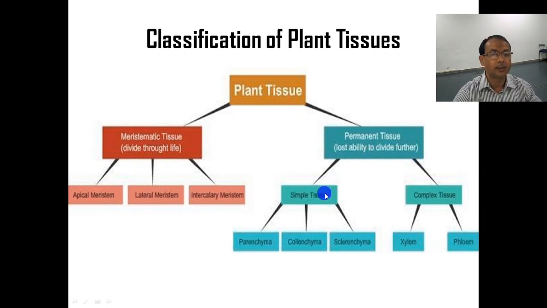On the other hand, permanent tissues, which have lost the ability to divide further, have got some assigned functions. They are of two main types: simple tissues, which are made up of only one type of cells, and complex tissues, which are made up of more than one type of cells. Again, the simple tissues could be further subdivided into parenchyma, collenchyma, sclerenchyma. Complex tissues could be subdivided into xylem and phloem. In due course of time, we will be going through each of these tissues one after another. Today, we shall take up